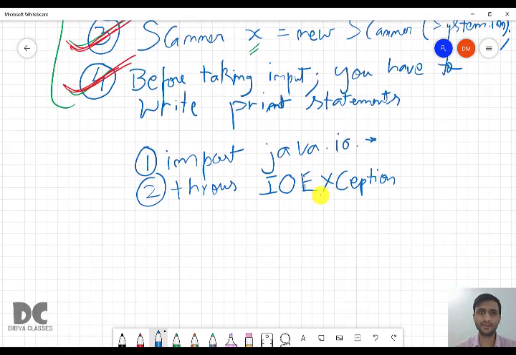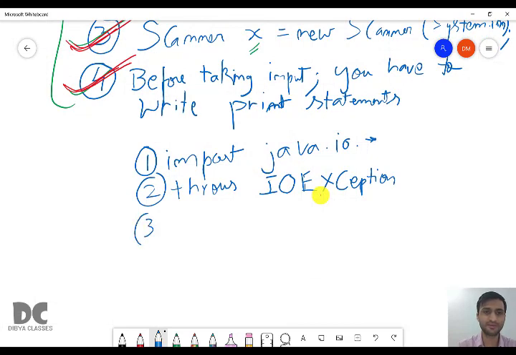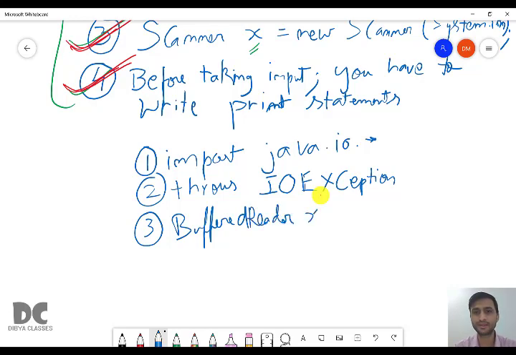Then here we are not using scanner, you are using buffer reader, so you have to write the buffer reader line, that is buffered reader. People forget to write ed, they write buffer reader. It is not buffer reader, it is buffered reader. Okay, buffered reader x equal to new buffered reader.